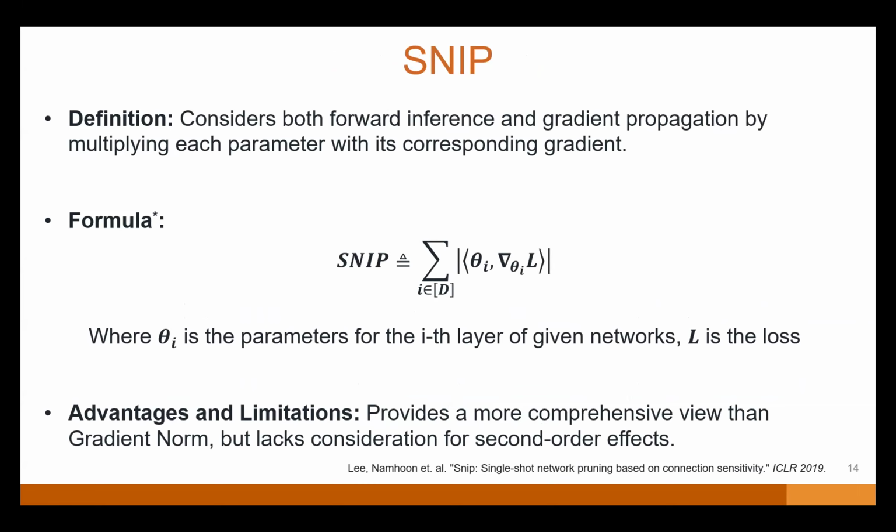I'm going to build on this, in terms of sophistication, starting from the very basic to the most sophisticated one a few slides later. And each and every time I'm going to add something new in terms of complexity or sophistication in that specific proxy. So this one, SNIP, single-shot network pruning, is the one that brings the importance into the picture. To jointly measure the parameter importance for both forward inference and backward gradient propagation, this considers a more sophisticated formula. This is called saliency, which tells a lot. And in this case, it's basically the product between the